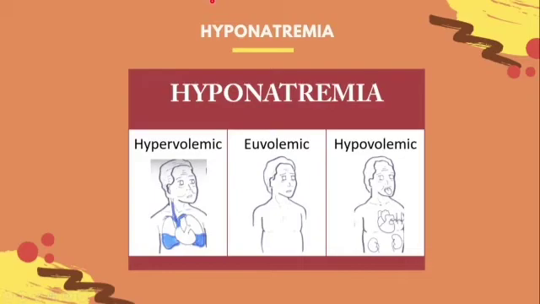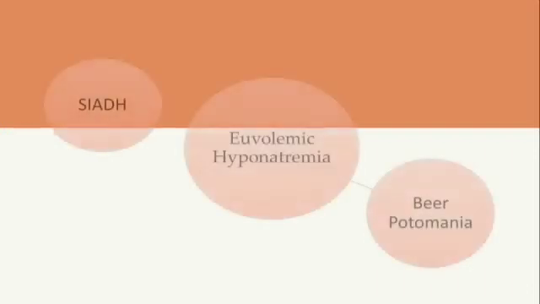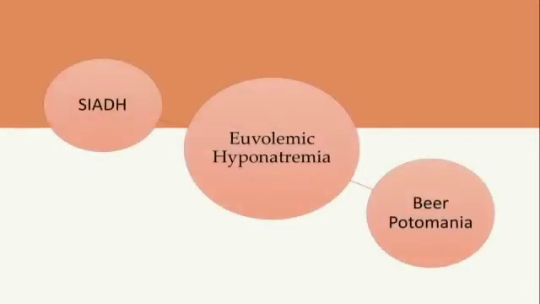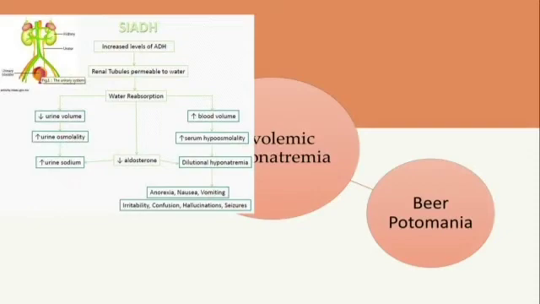So let us now learn and click on euvolemic hyponatremia. Euvolemic hyponatremia is a subclinical volume expansion, so there is no edema. The most frequent cause is SIADH, or syndrome of inappropriate ADH secretion. There is a non-physiological release of ADH, which leads to increased expression of aquaporins, or water channels, in the collecting